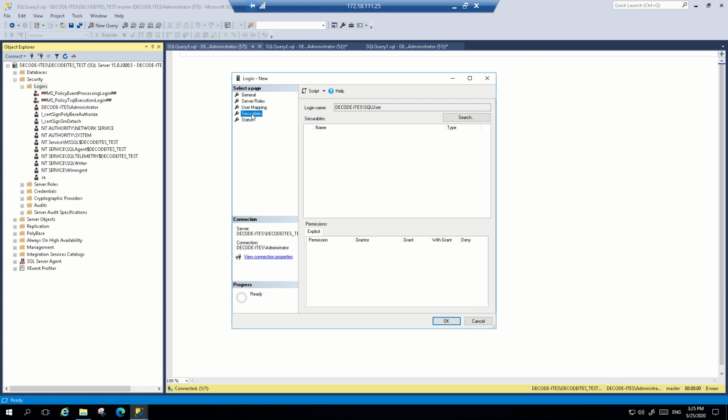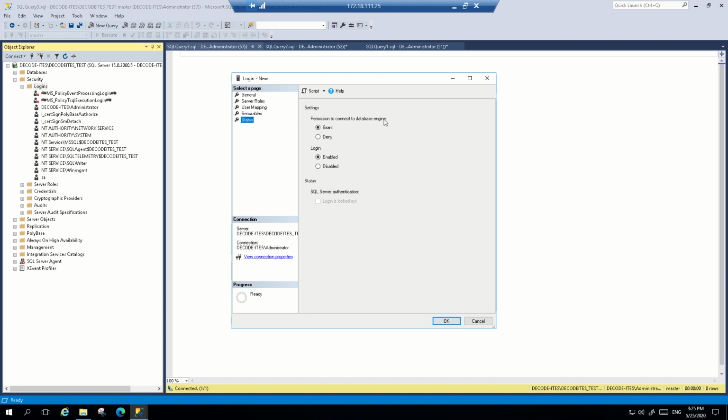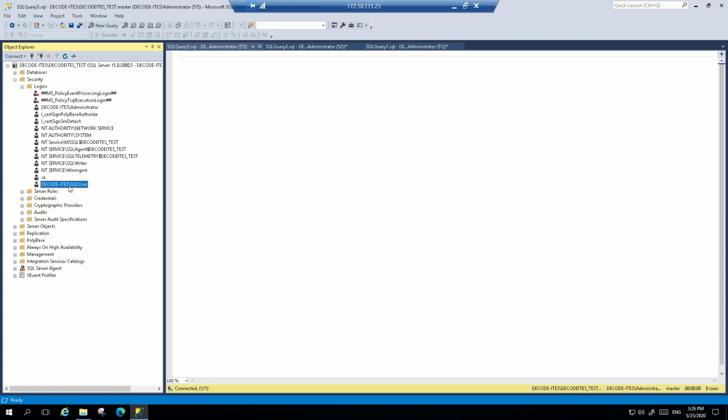Securables is the option that provides you to give additional privilege or additional access to this particular login, which is not a part of server roles like a control server property, view server state property. Status means you create the login, but you want them to deny to connect for particular reason or for temporary purpose, or you want to disable this login. So you can perform these functions or activities from here. Once you click OK, you will find that your particular user is successfully created here.